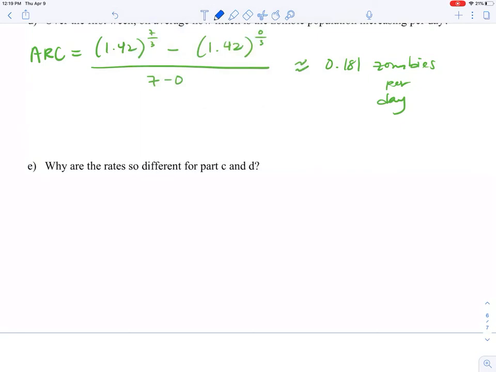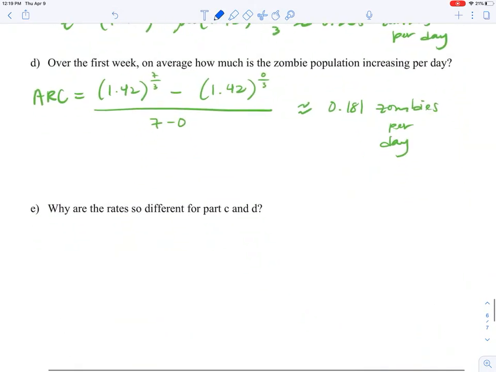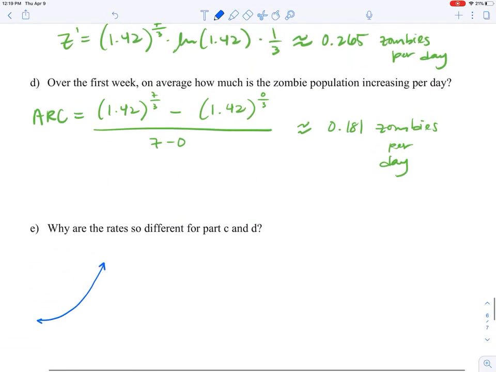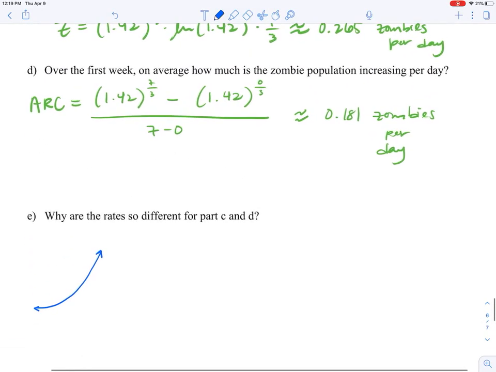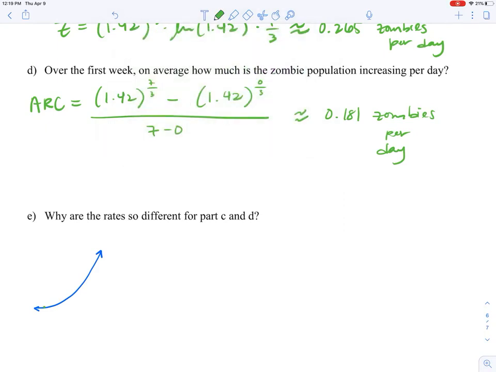Z prime. Okay. So our equation for Z, the zombie population, represents exponential growth. So it's a curve that kind of looks like a J. Okay. If we are asking for the average rate that the zombie population is increasing, well, that would be